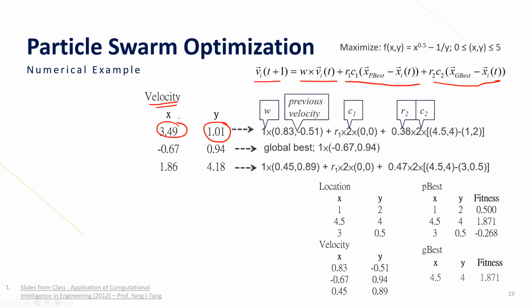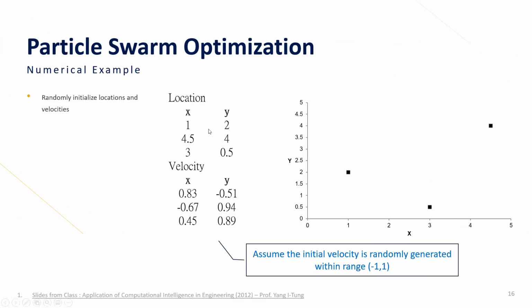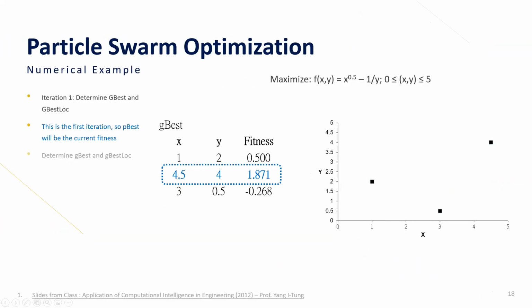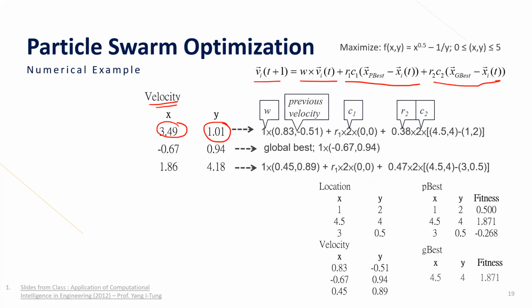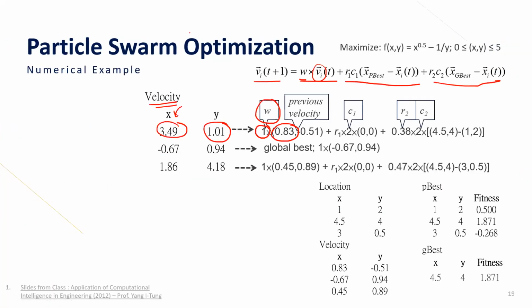First, we go to the initialization here. Here is the initial velocity, 0.85 and minus 0.51 for individual one. For this particular decision variable, location X, 1 is the parameter for the inertia weight, and 0.83 is the initial velocity. This one is W multiplied by V, minus 0.51, and then plus